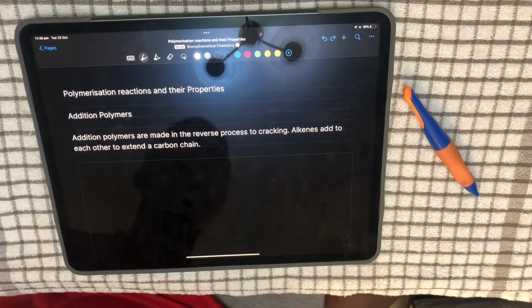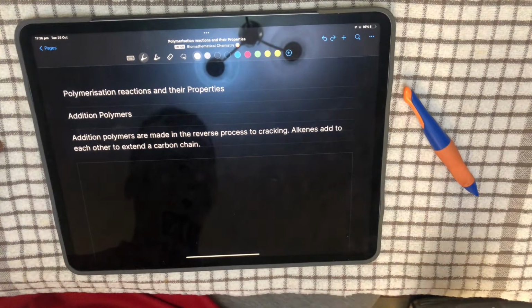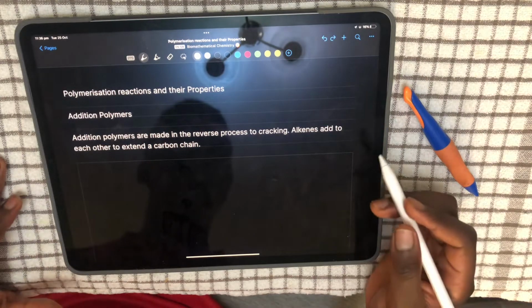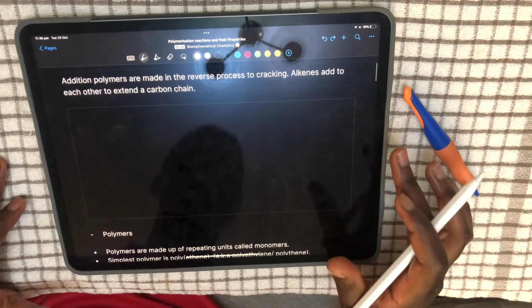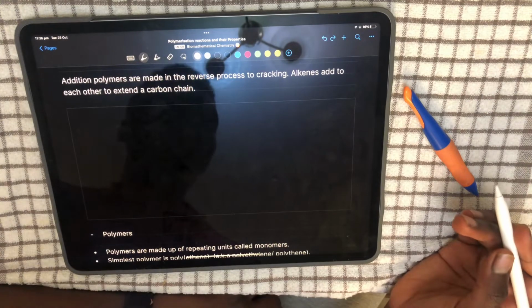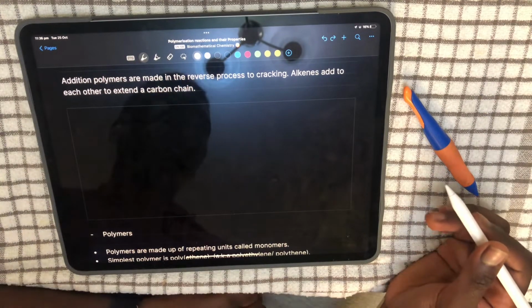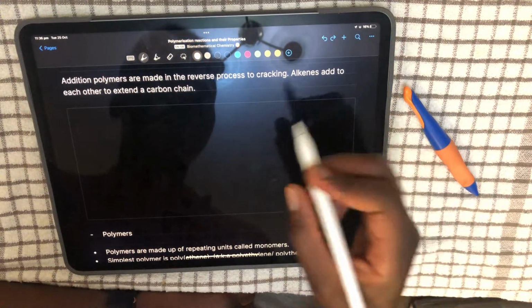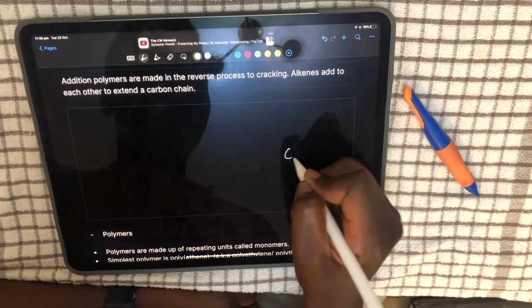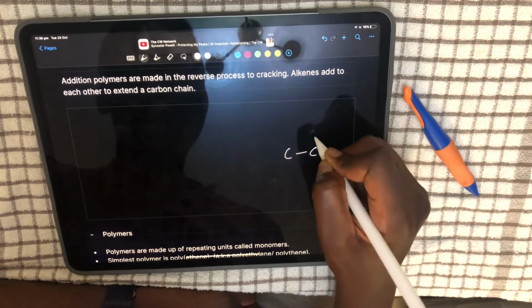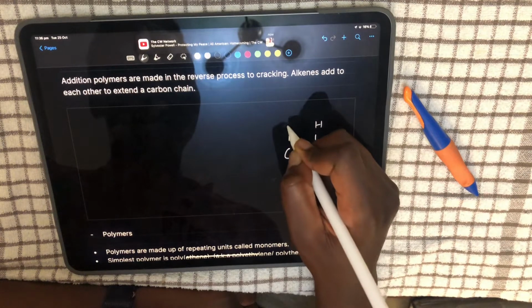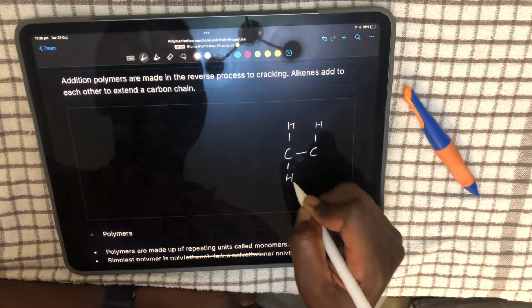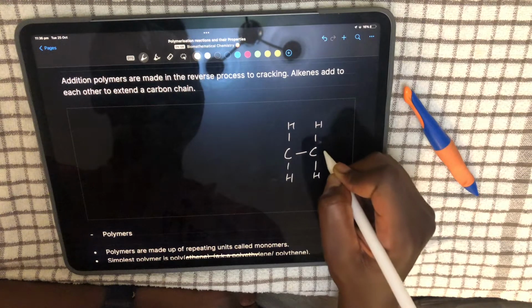are many units. There are many versions of the same unit. It's just a repeating unit. So, for example, if you were asked to represent, let's pick polyethene. The monomer for polyethene will just be ethene, and you represent it in the broken state. It'd be in the monomer state. When I say broken, I mean the double bond is broken,